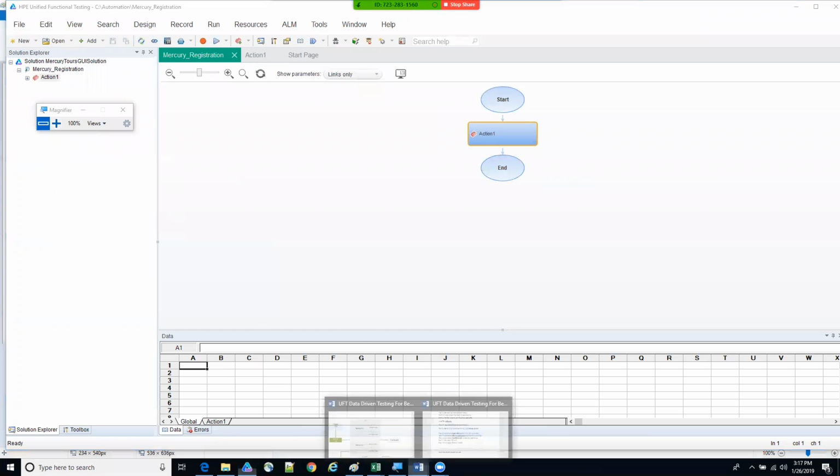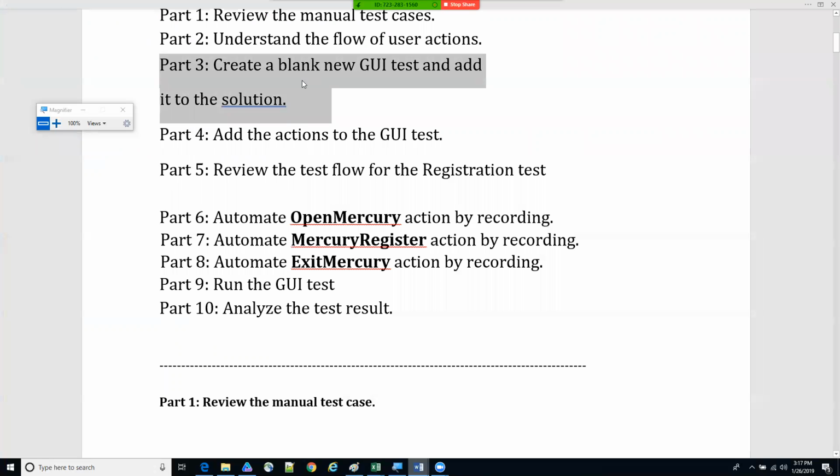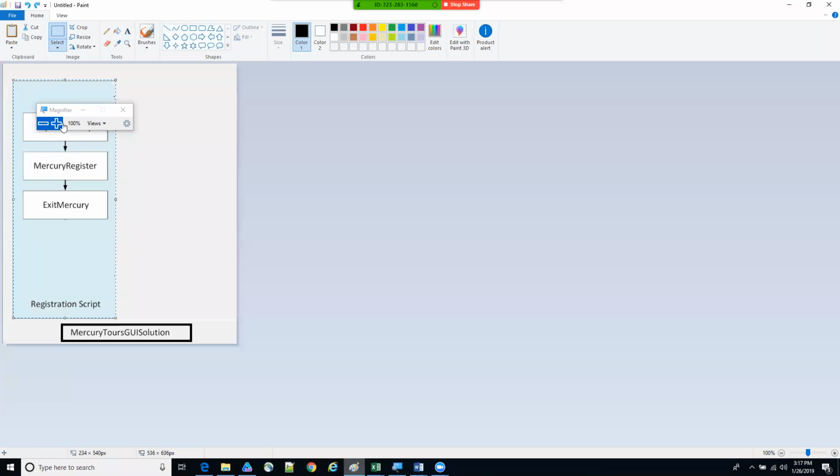So let me go step by step. We created a blank test and added it to the solution. If I go to the diagram, that means that we already had the solution right here. We added a blank registration test. And then